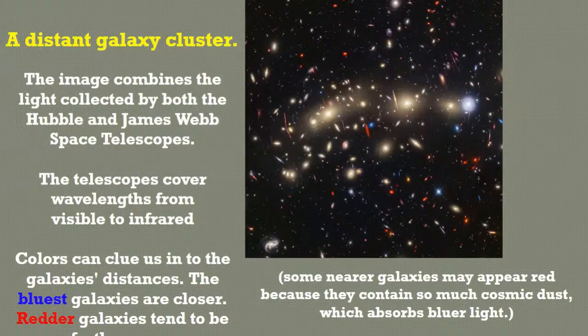When we send up some telescopes, we have the Hubble and the Webb that we're talking about all the time. It's kind of neat to see that the Hubble can take a picture of the sky using a certain set of filters, and the Webb can take a picture of the sky using a different set of filters. And by using the different filters, we can find the little subtleties in the colors of the objects that we're looking at. So here we see